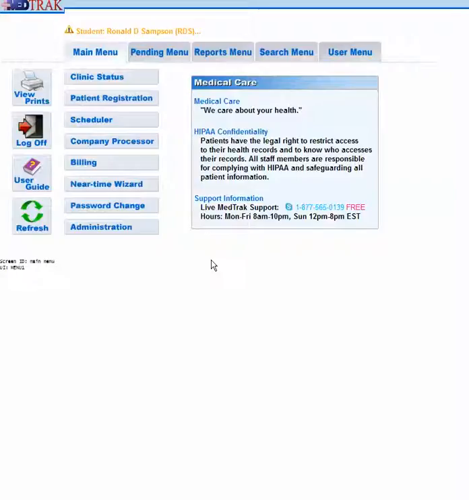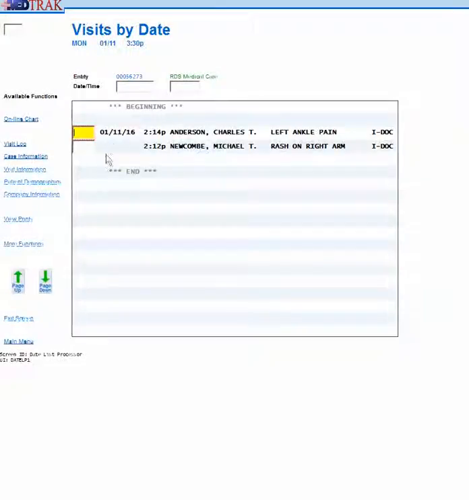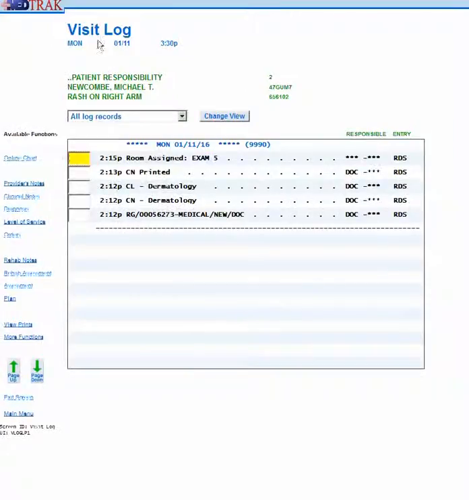If my patient is not on the clinic status screen, then I can click the search menu button, go to visits by date, and set my cursor next to the appropriate patient. In this case, let's say that I'm going to select Michael Newcomb. I can then click the visit log button on the left hand side of the screen, and from the visit log I can then select the clinical notes,